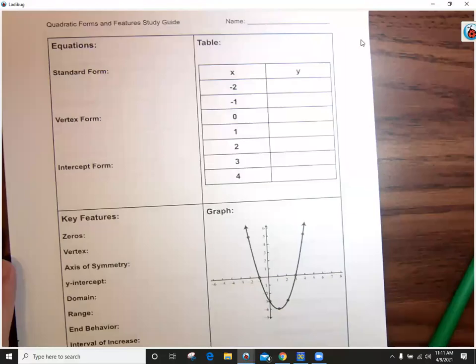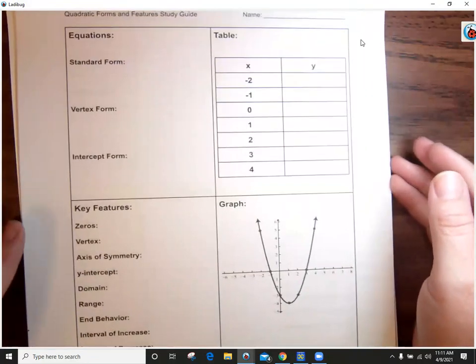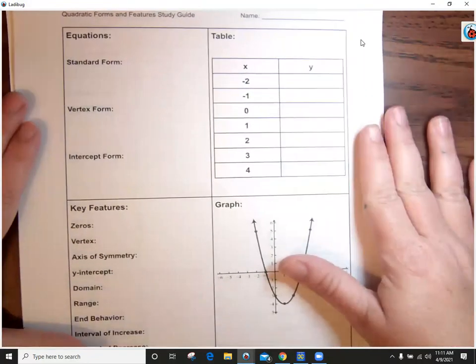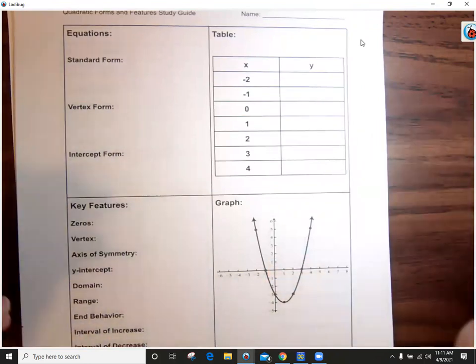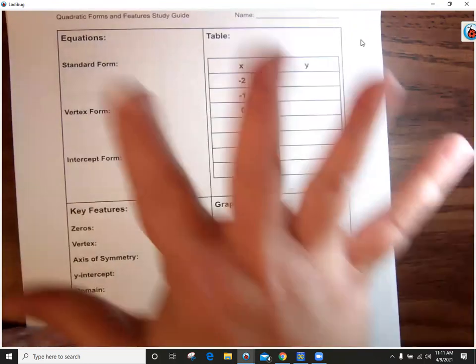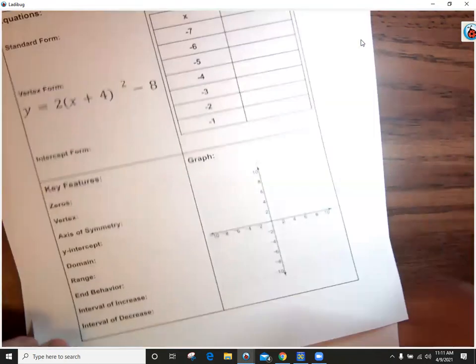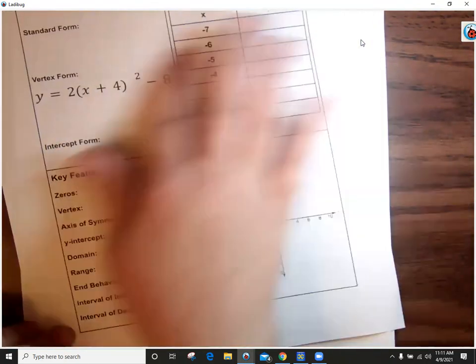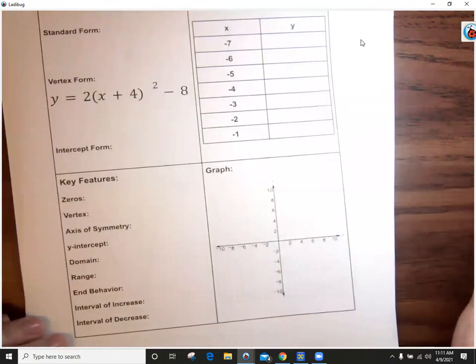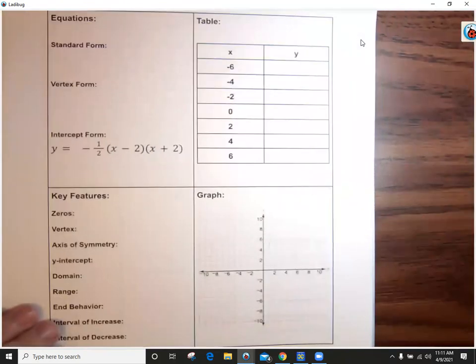All right, the test that you're going to take Monday and Tuesday will look very, very similar to the study guide. On Monday, you will have 2 pages. So this is 1 page, and everything on this page goes together. Second page, everything on here goes together. That's what you would see on Monday. And then Tuesday, you will get 2 more,